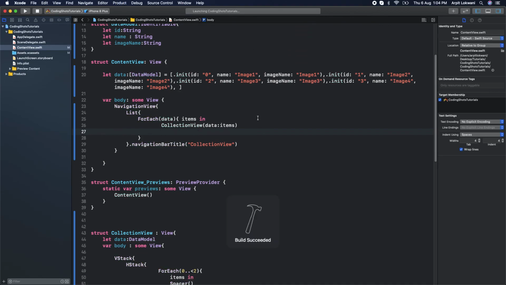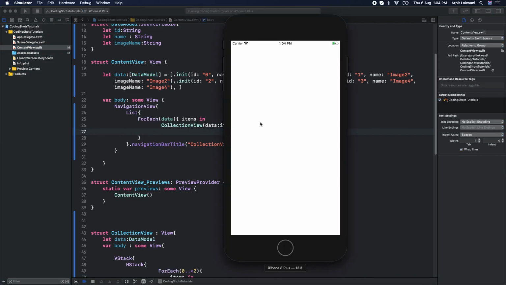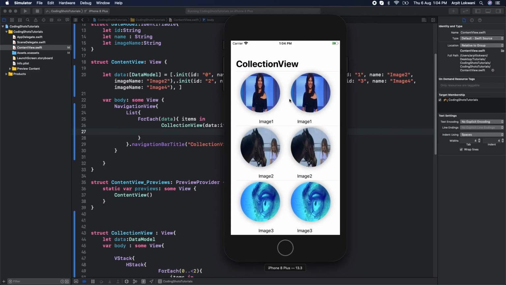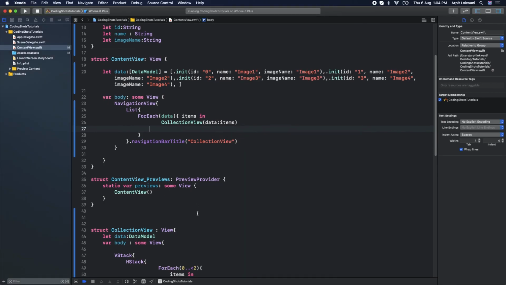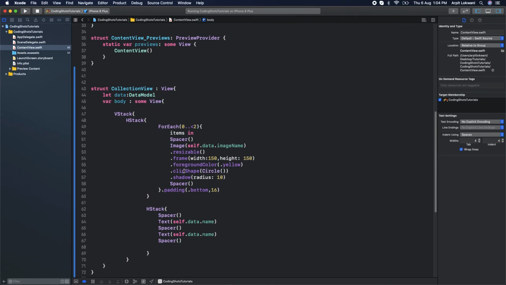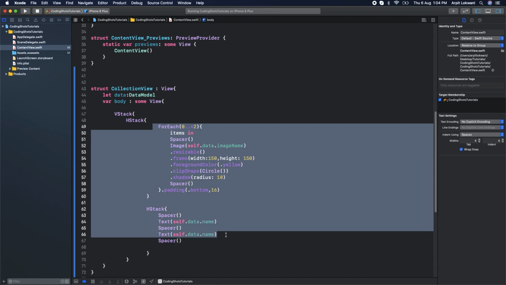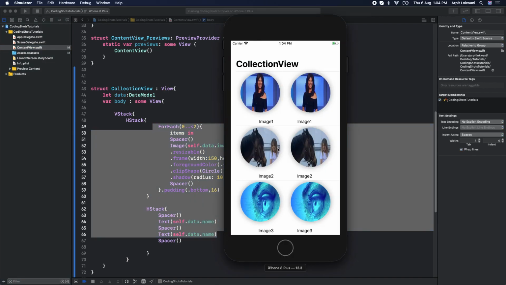You can create the horizontal view also, but for that you need to see my previous sessions, SwiftUI horizontal views, so you can find that. Let's see, now two items are coming. Why? Because each collection cell has 2 items with the 2 names. You can customize whatever you want, but I have given the basic example which might be helpful for you guys.